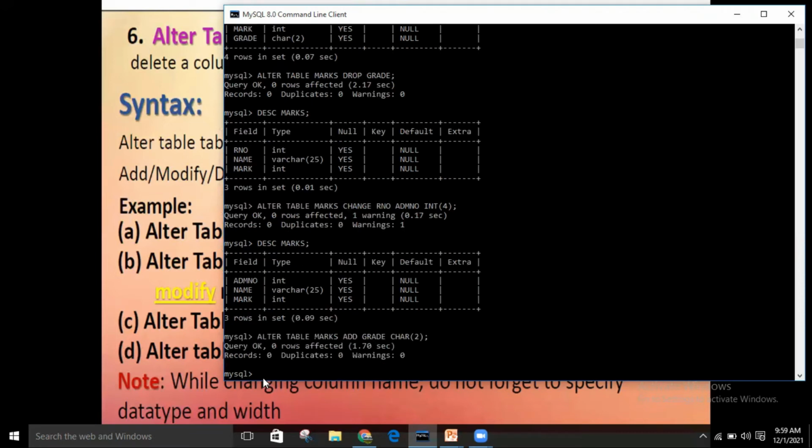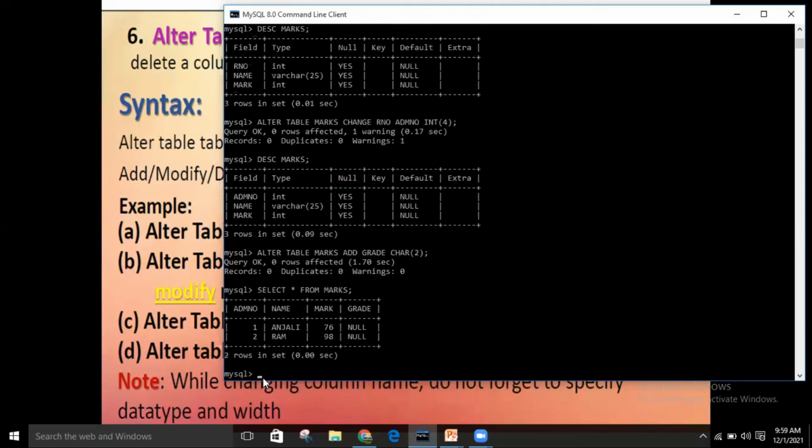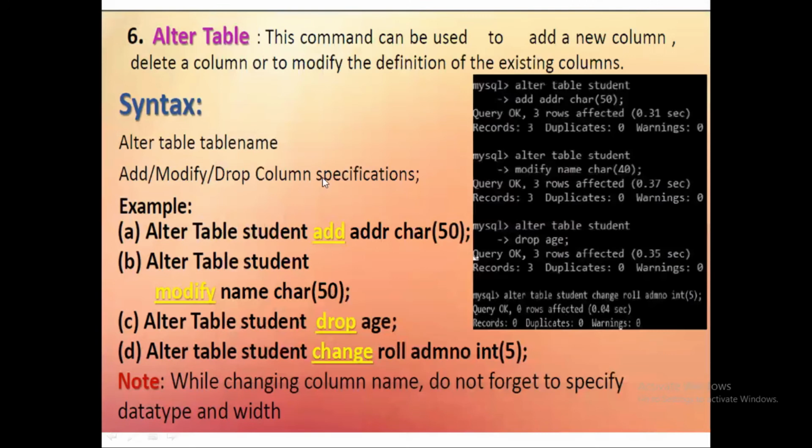The table is modified, and you can see when I selected all the records, I just analyzed that if you are not entering any value for an added column, then it will by default add what? Null values. And if I want to put grade here, a new command we will study today, that is our update command, right?